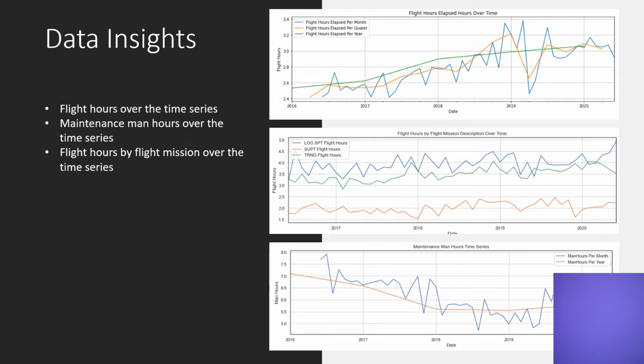Initially, the thought was that the flight hours would decrease in 2020. However, there does not appear to be enough data in 2020 to determine if a decrease existed. The duration of a flight appears to have steadily increased over time. The second time series graph,